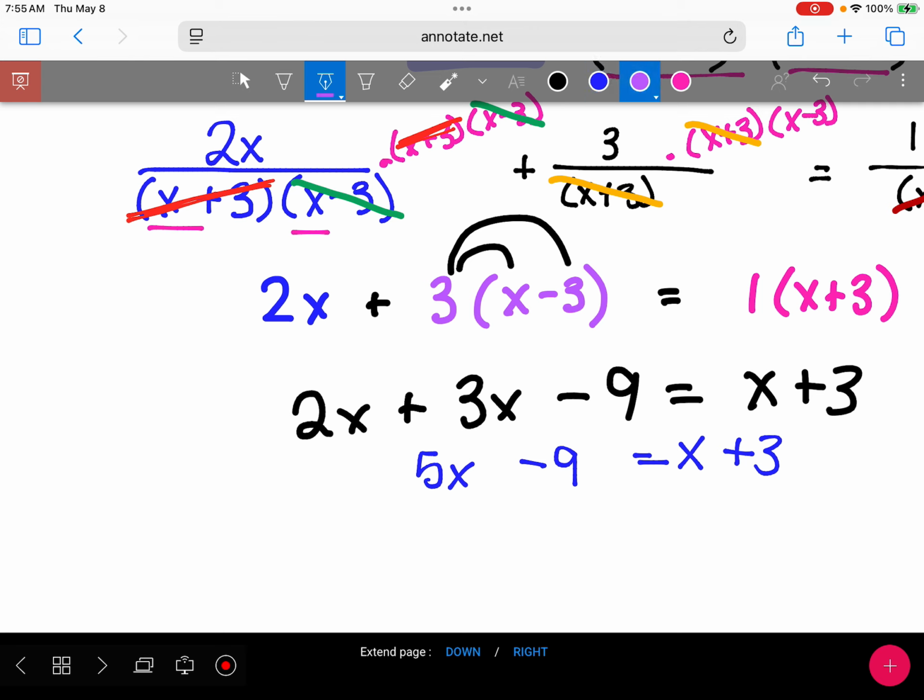Subtract 3. You can, but it'll give you more negative numbers. Get our x's on the same side first. Move the smallest x. Add 9 and then subtract x. Minus x from both sides. I'm just going to do it in 2 steps. We're going to have 4x minus 9 equals 3. And so then if we add that 9,